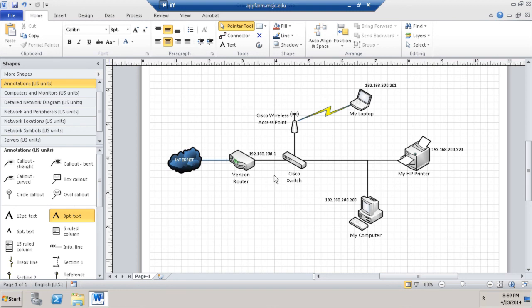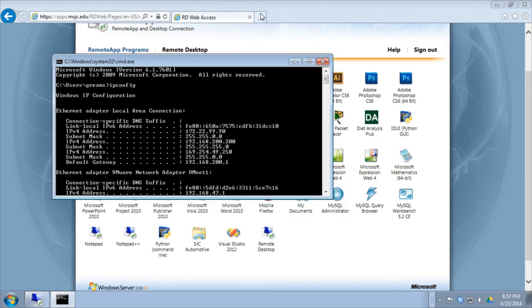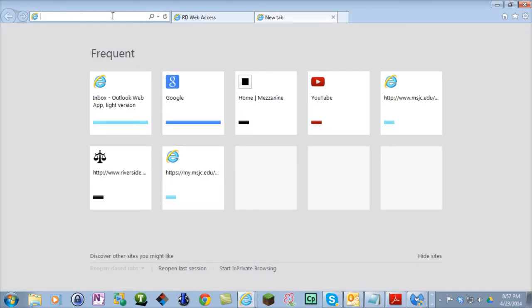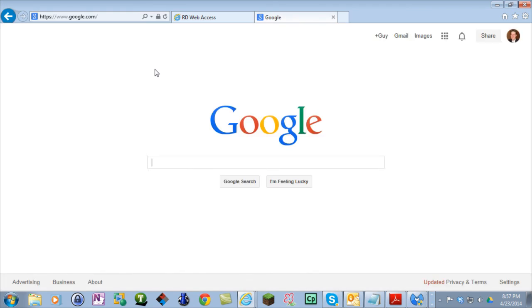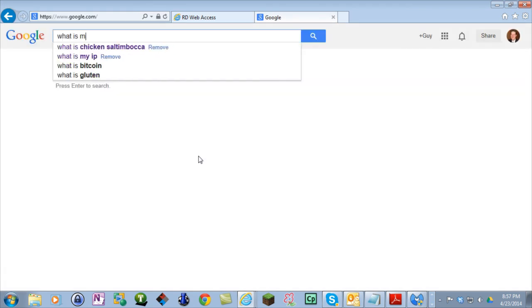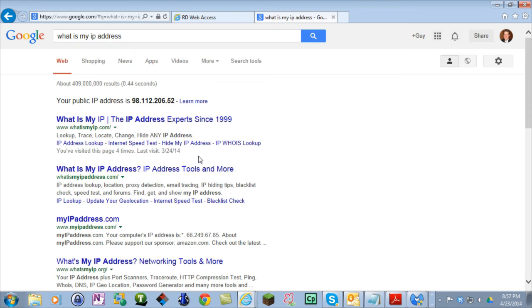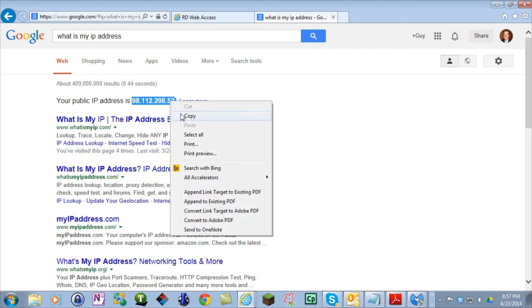Now there's another IP address that's pretty important. This is my internal IP address that my devices in this internal network can talk to. But everybody in the internet doesn't know these addresses. Everybody in the internet knows a different address. So the way to figure that one out is if you open up a web browser and you go to Google, you can just type in a question, what is my IP address, right? And Google actually tells you what your public IP address is, and there's my public IP address, 98, and I'm going to copy that,